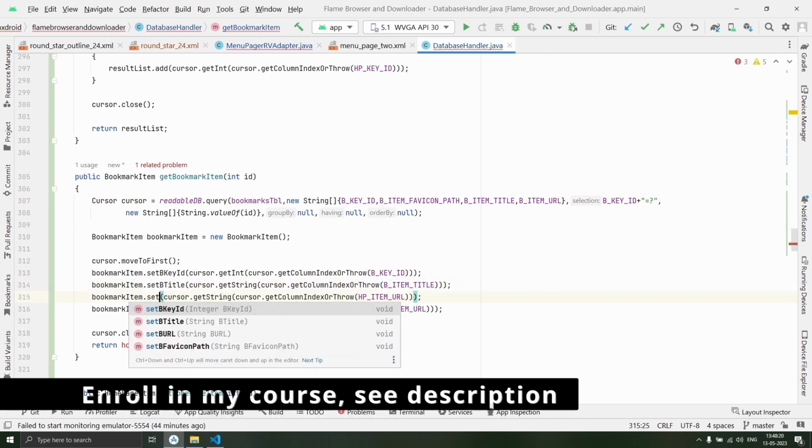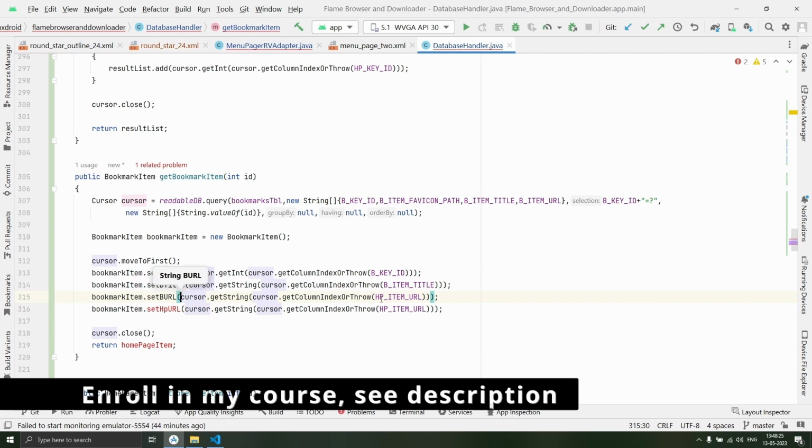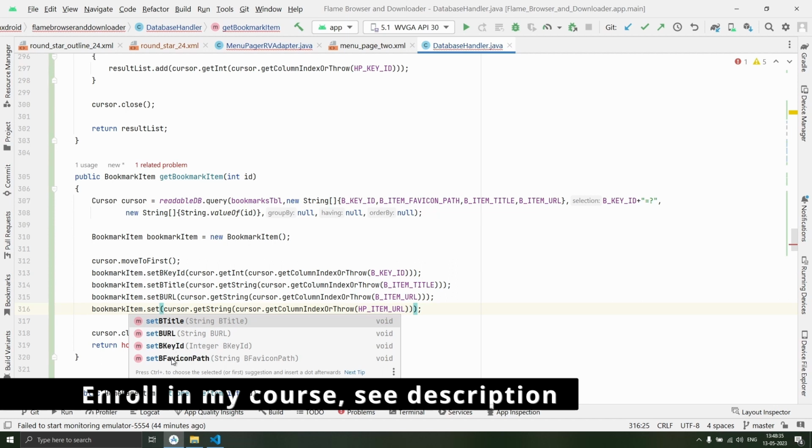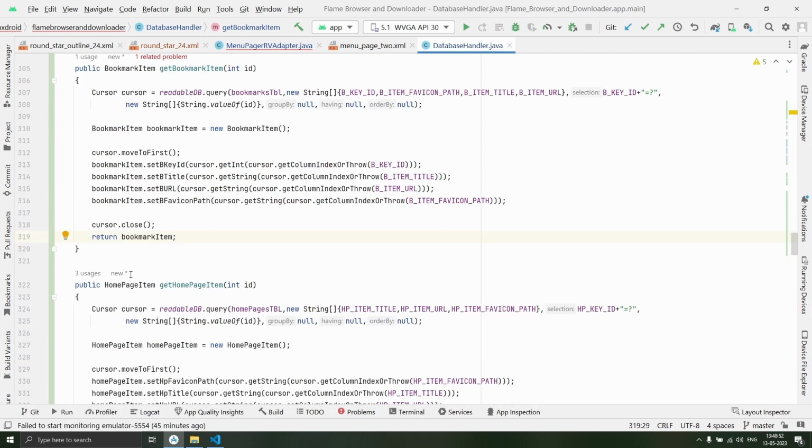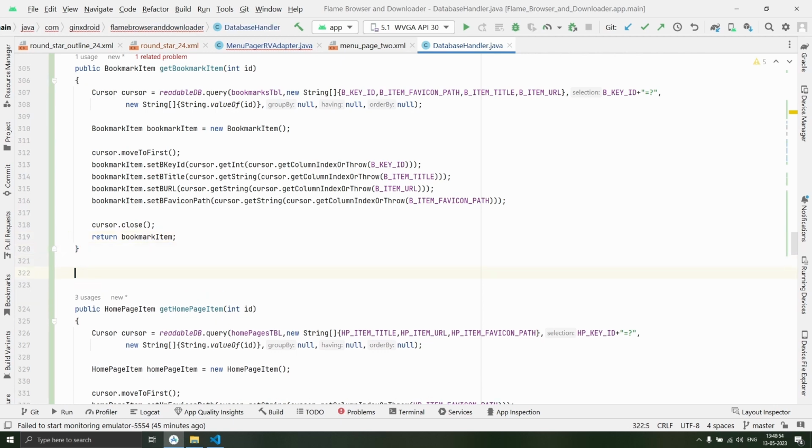Then we will set b URL to the string returned by our cursor b item URL, and we will set b favicon path to the string b item favicon path, and we will return this bookmark item. Now we will create one more method, public integer